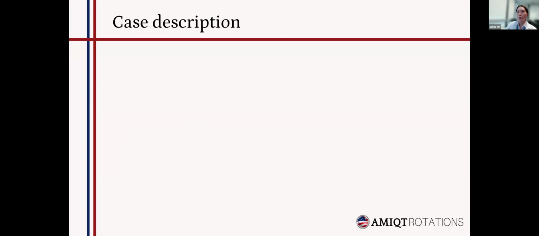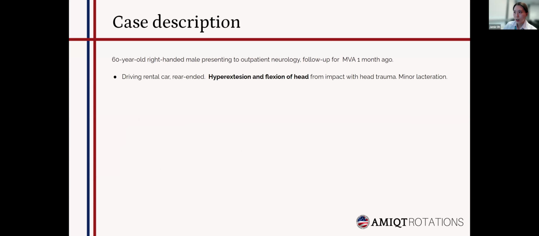Okay, so starting off with the case, I encountered a 60-year-old right-handed gentleman presenting to our services to follow up on his motor vehicle accident that occurred 1 month prior to the appointment. Some more details on the accident. The patient was driving a rental car. He had 3 passengers in the car, but he was rear-ended from behind, and he ended up hitting the car